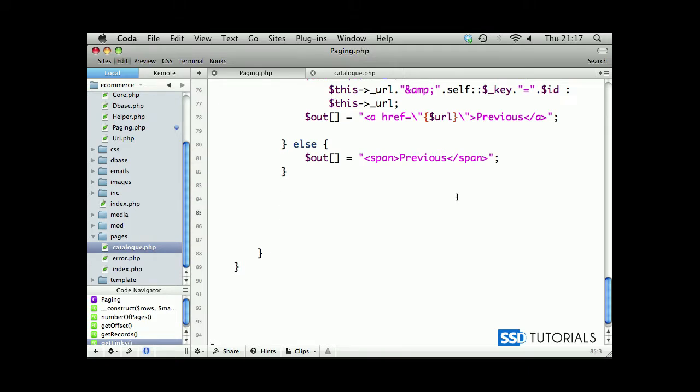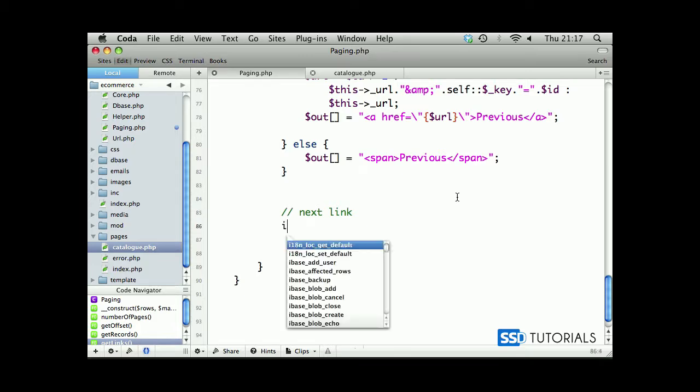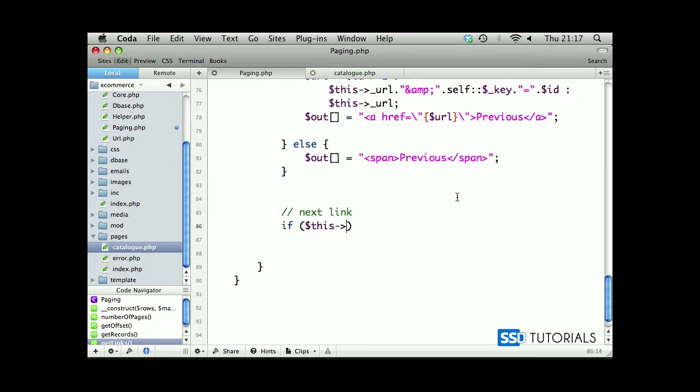Now we're going to create the next link, and we start if this underscore current doesn't equal this underscore number of pages, which means if we are not on the last page, basically, because if